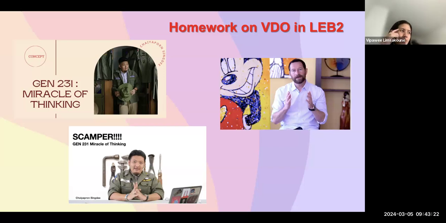Regarding thinking tools, right? I will go over in more detail with you guys, but I would like to point out there are thinking tools or tools to help you create ideas. Another meaning is that there are a set of questions that help you to think about ideas and propose some ideas.